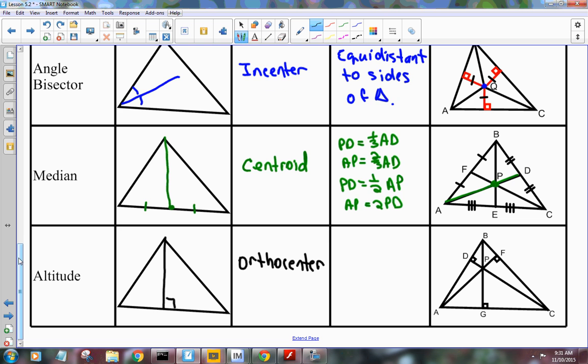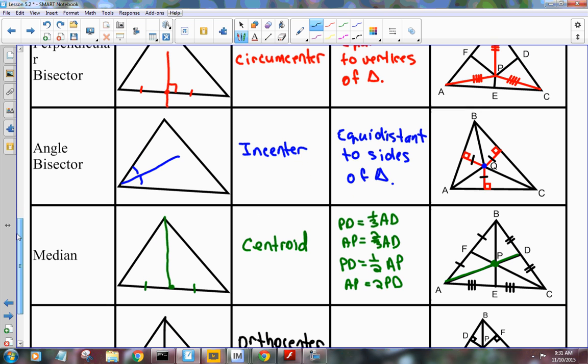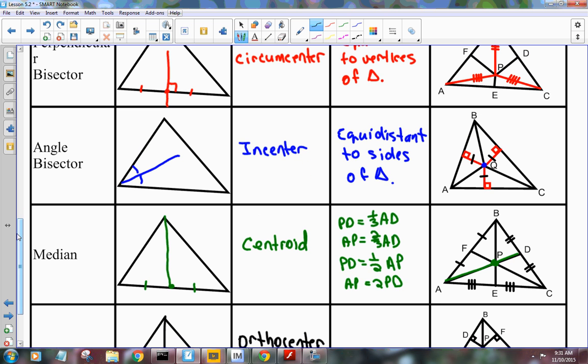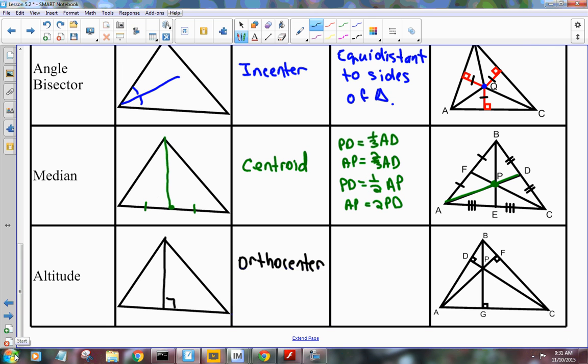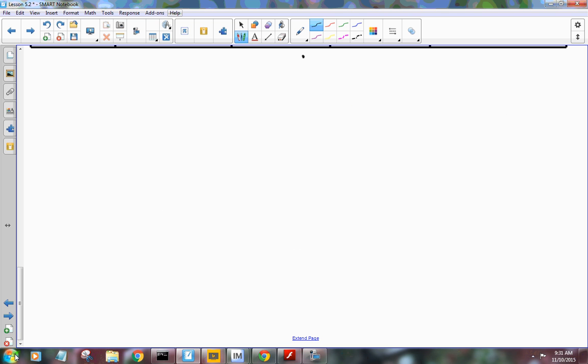Now, I would venture to say that most of the time, each one of these pieces of the triangle were different segments, right? But do you think that they're ever all one and the same? You think in any kind of triangle that your perpendicular bisector, your angle bisector, your median, and your altitude are all the same segment? You think that would ever happen? Huh? In an equilateral triangle, very good. Okay? If you have an equilateral triangle,